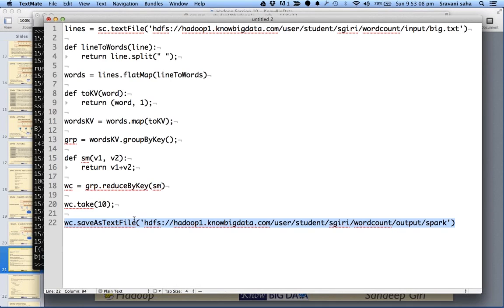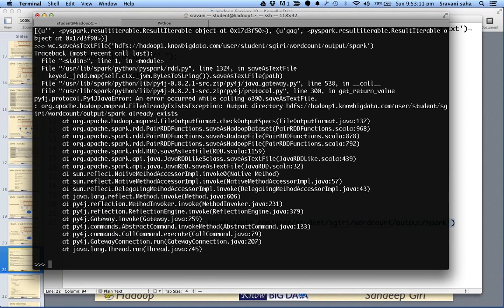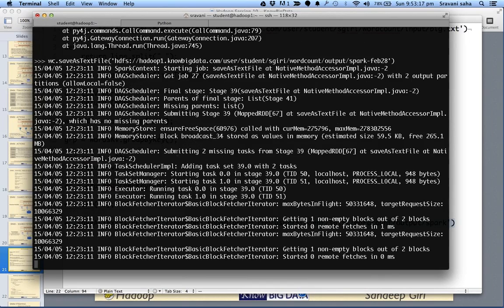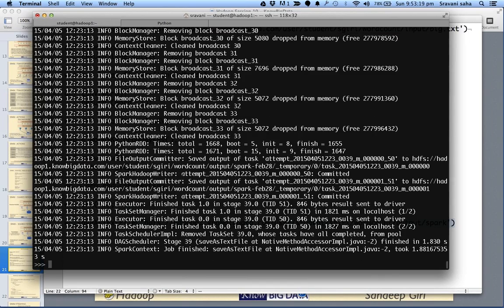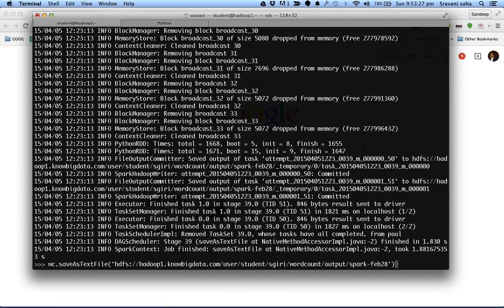So let's try to save it as a text file and then see. It says already exists, and we say Fab 28, and let's have a look at what is there. Oh, I think we were trying to... This is correct only.